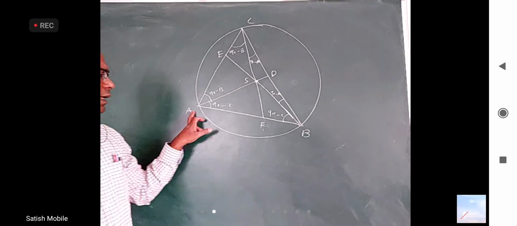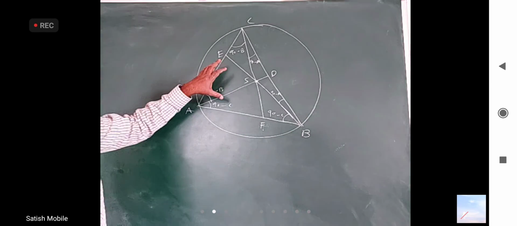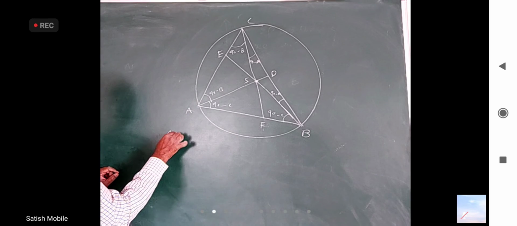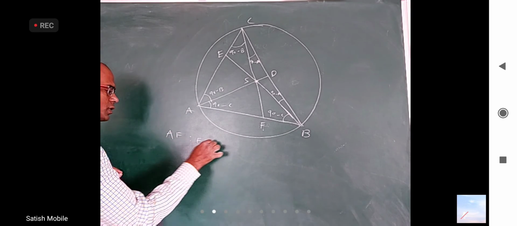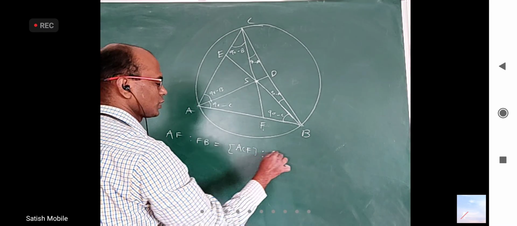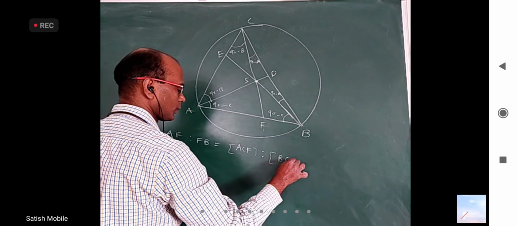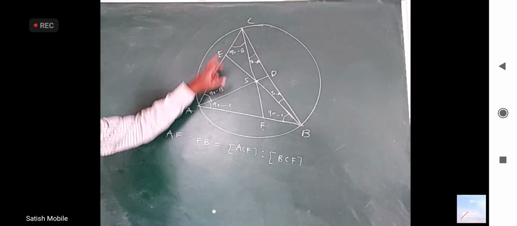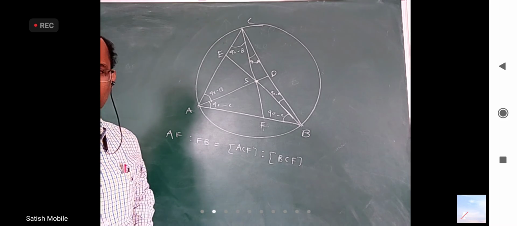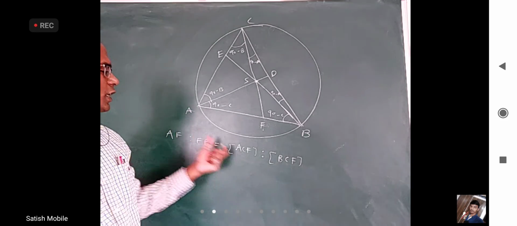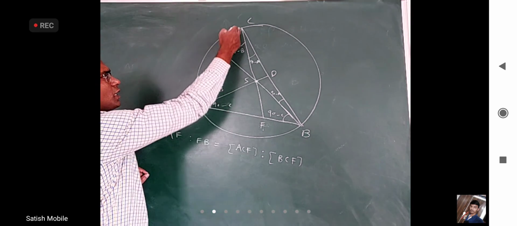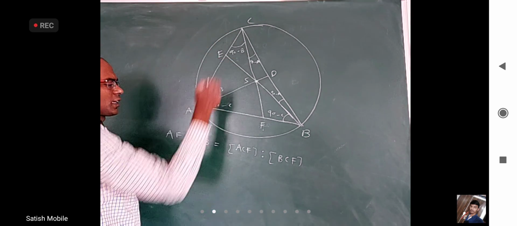Now, I think AF is to FB, I can tell ratio of area of this triangle is to this triangle. I can use sine rule and do in different ways, but I just want to write like this. AF is to FB is area of triangle ACF is to area of triangle BCF. Why? I think ACF triangle and BCF triangle have same height, isn't it? Okay. So the ratio of the areas will be proportional to the ratio of their bases. Okay. But I am going to find this area as half into this side into sine of angle between them.